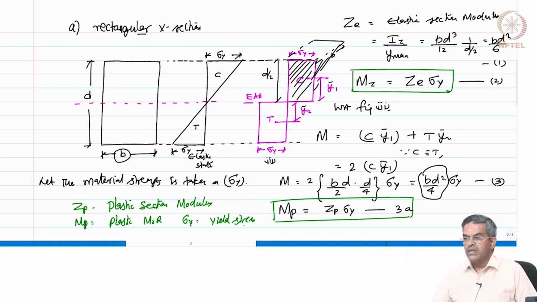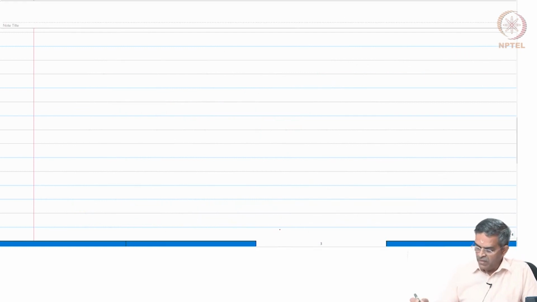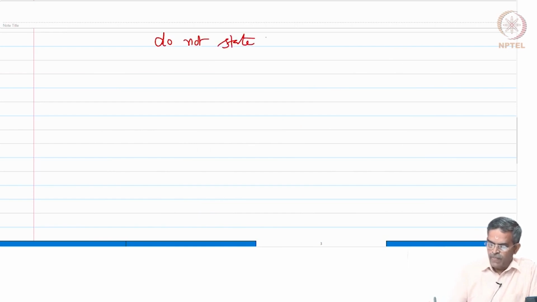Okay, you can easily see there is a perfect compatibility between equations 2 and 3. Both of them indicate the same thing, and one refers to elastic section modulus, the other refers to plastic section modulus. Therefore, the corresponding moments are elastic moment of resistance and plastic moment of resistance, is it not? So, it is okay. But please understand, we do not want to state that